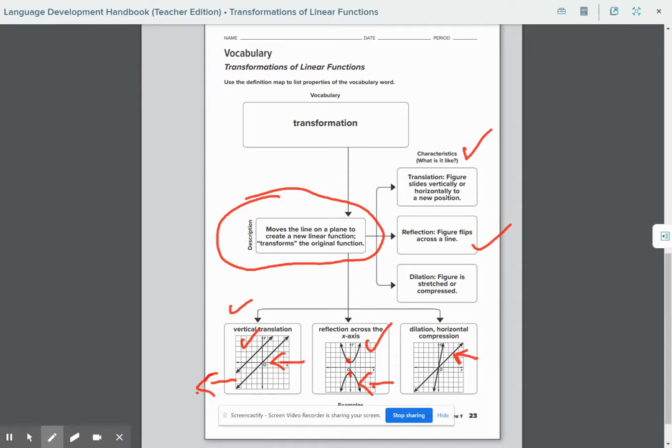Go ahead and fill in your vocabulary sheet. Make sure that you also use words and the characteristics that you understand, so that you understand why you would use this in